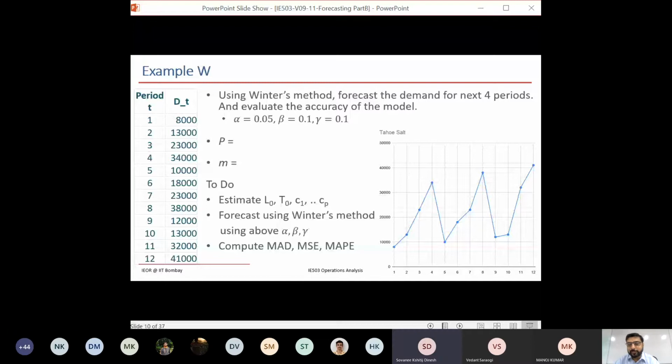To get the new slopes at F13, you need D13, that is the demand at time 13. We don't know the demand at time 13. That's why we have to use the demand at time 12 to do the forecast. So we are not actually using the forecast at time 12 to compute the forecast for time 14. We are using the L at time 12 and T at time 12. The L at time 12 depends on demand at time 12. L at time 13 will depend on demand at time 13, which we don't have. If the demand of the 13th period is known, then you can of course use the 13th period value and compute for the 14th period.